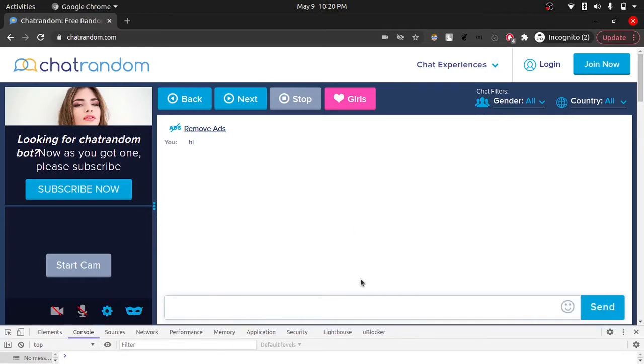And we are going to do the same thing we did in the Omegle bot video series. We are going to understand how this website works. So here you can see that there are these three buttons which are of our use: back, next, stop, and this button is of no use for us. And here you can see that we have this area where we'll type the message, and this button is for sending the message.